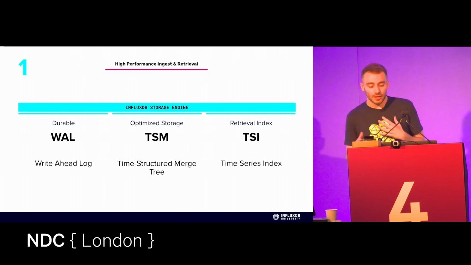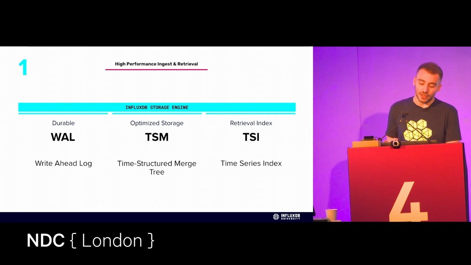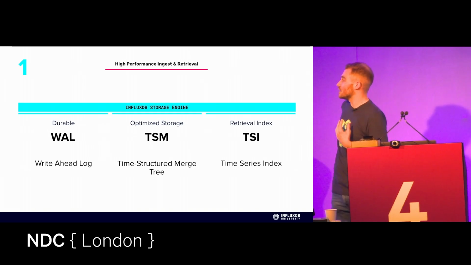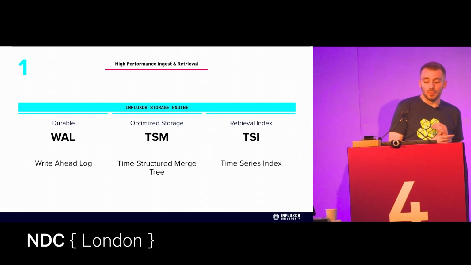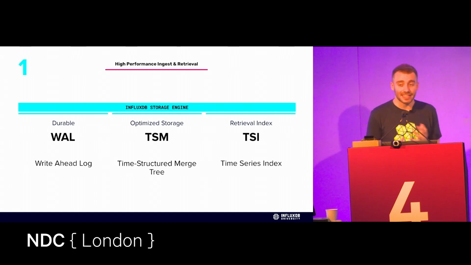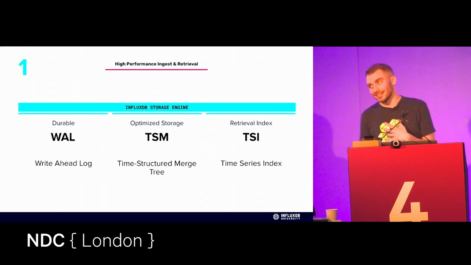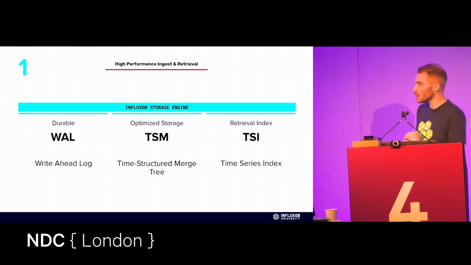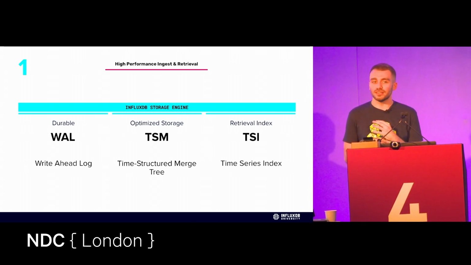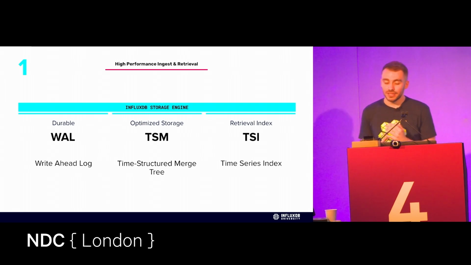The idea here, and I'm going to read this part to you, this is from the engineers: the concept of what we're trying to achieve with the TSM is a little deep, but the goal is always to organize values from a series together into long runs to best optimize compression and scanning of queries. And this really falls into the TSI. The TSI was relatively new to InfluxDB, and this is called the time series index.